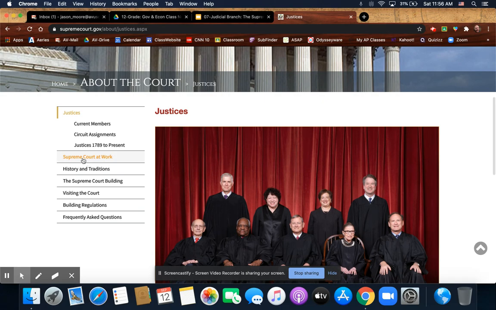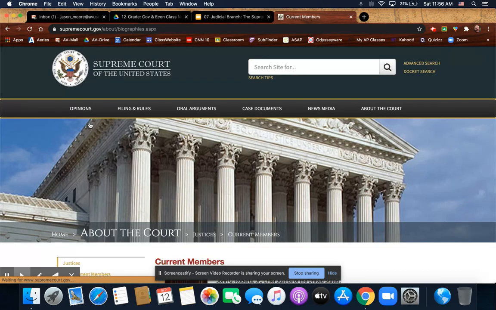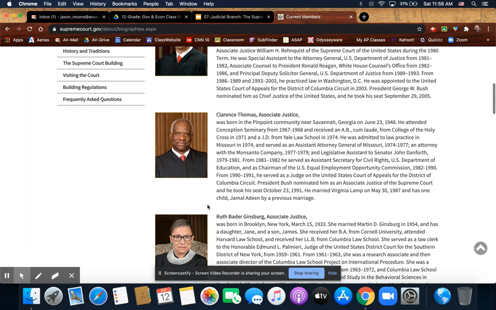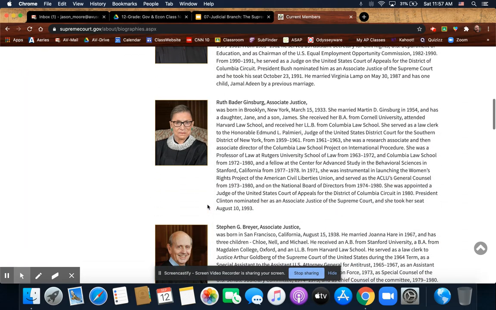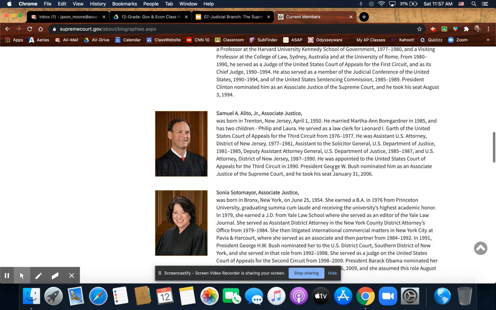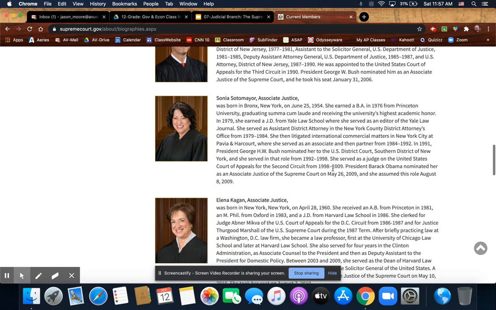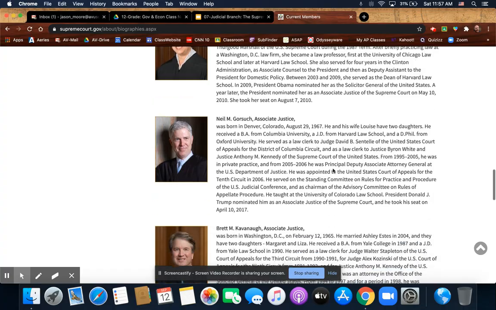And then you could see the current members, right? And you could see little bios on each one of them. And these are people who served as judges before, probably. There's no requirement, to be honest, in the Constitution, but they all go to law school, and you can see where they went to law school and where they worked as lower judges. So if you are a really good judge in a lower court and you built yourself up a good reputation, then you might have a chance to be picked by the president to be on the